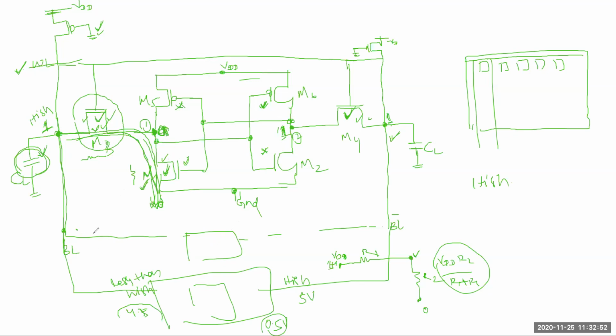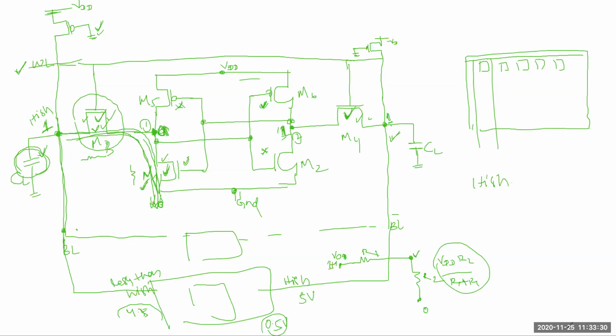But for that read operation, you have to design the transistors in such a way that during the reading operation, this data will not be destroyed. Getting my point or not? We are reading the value, whatever the value is here. But you have to be more careful that this value should not be destroyed during this read operation, during this read time. So when will it be destroyed?